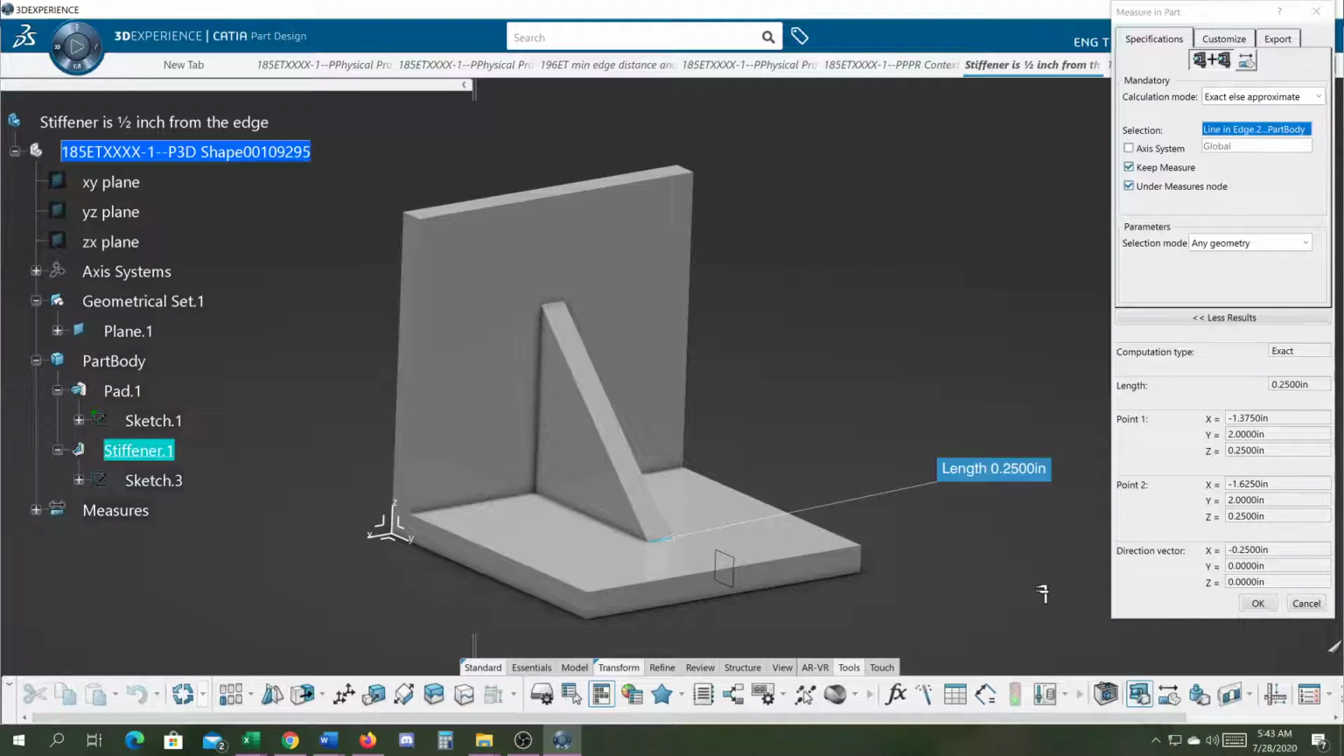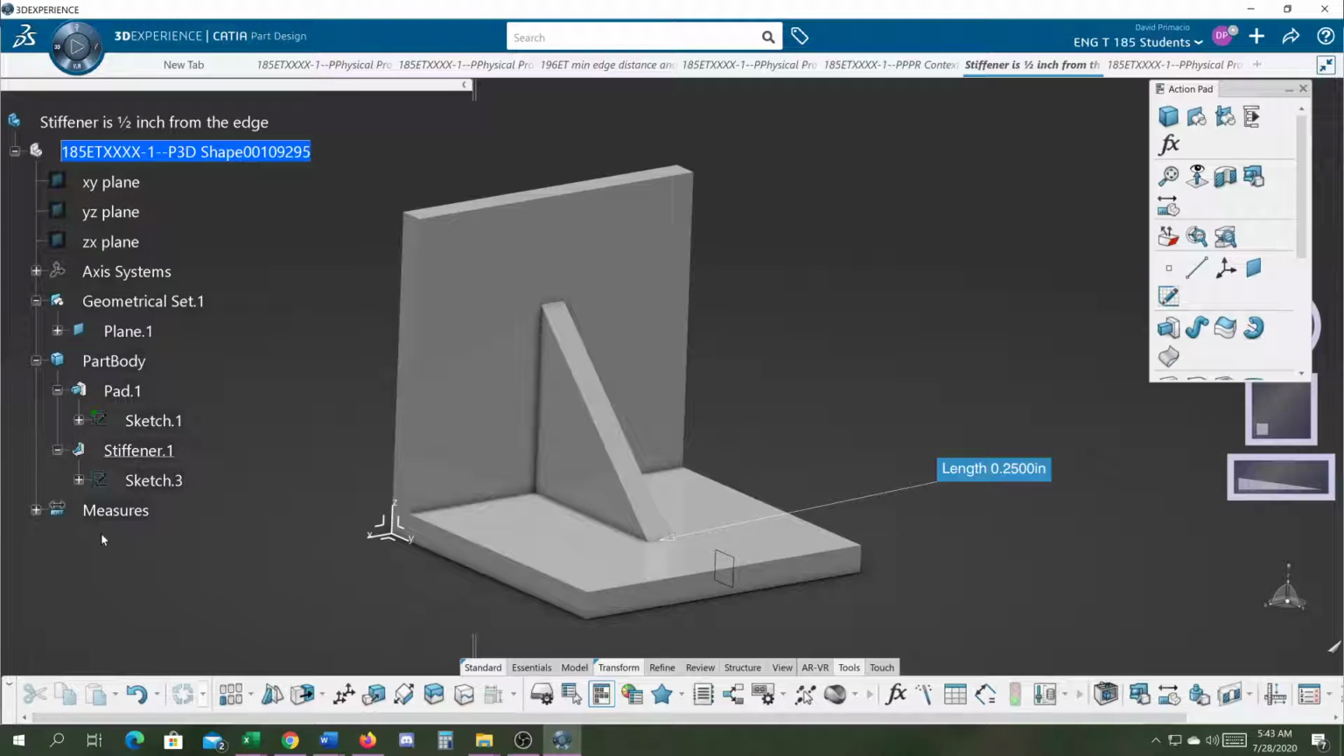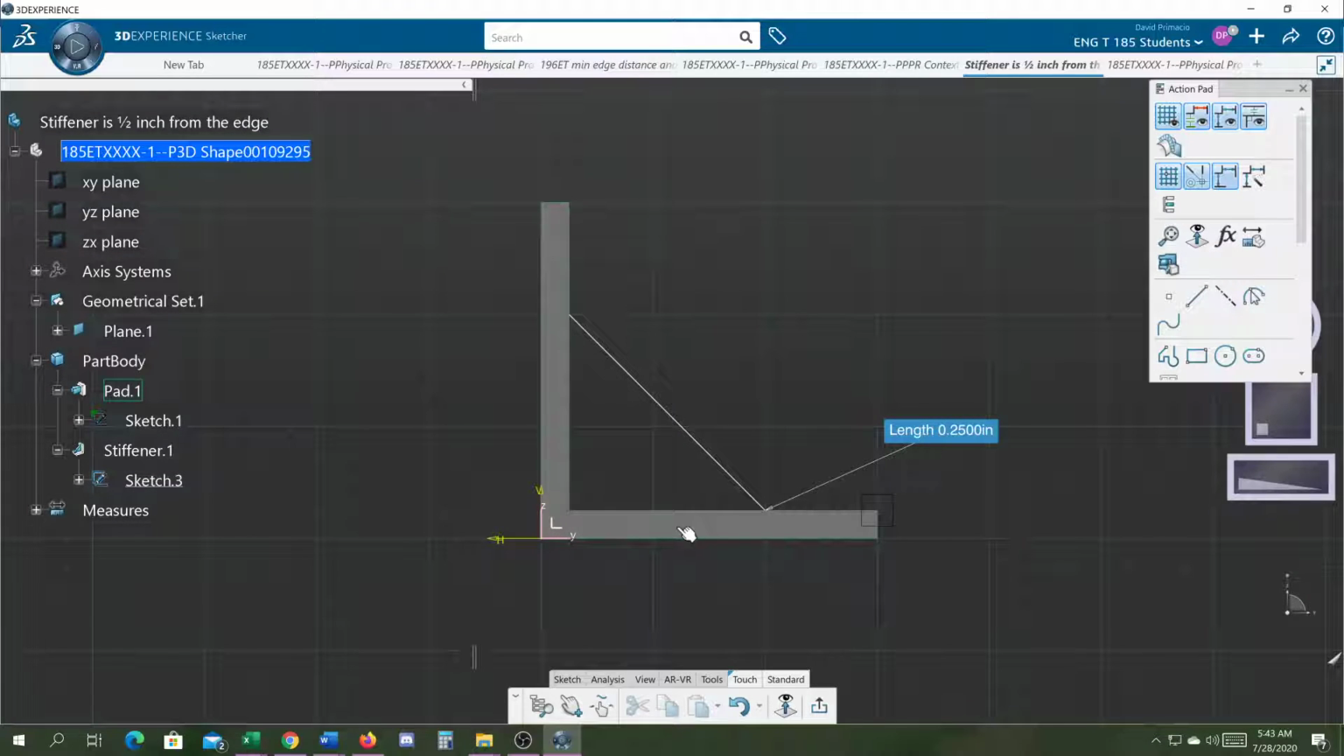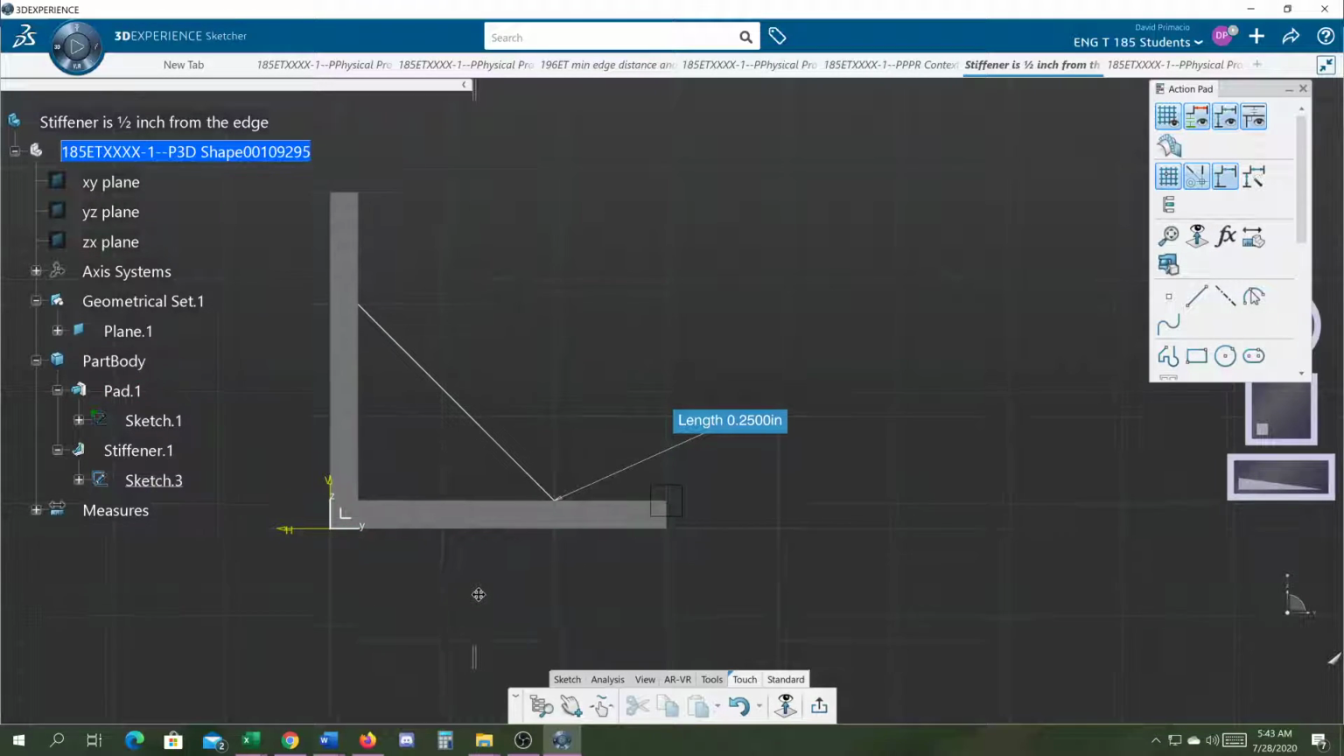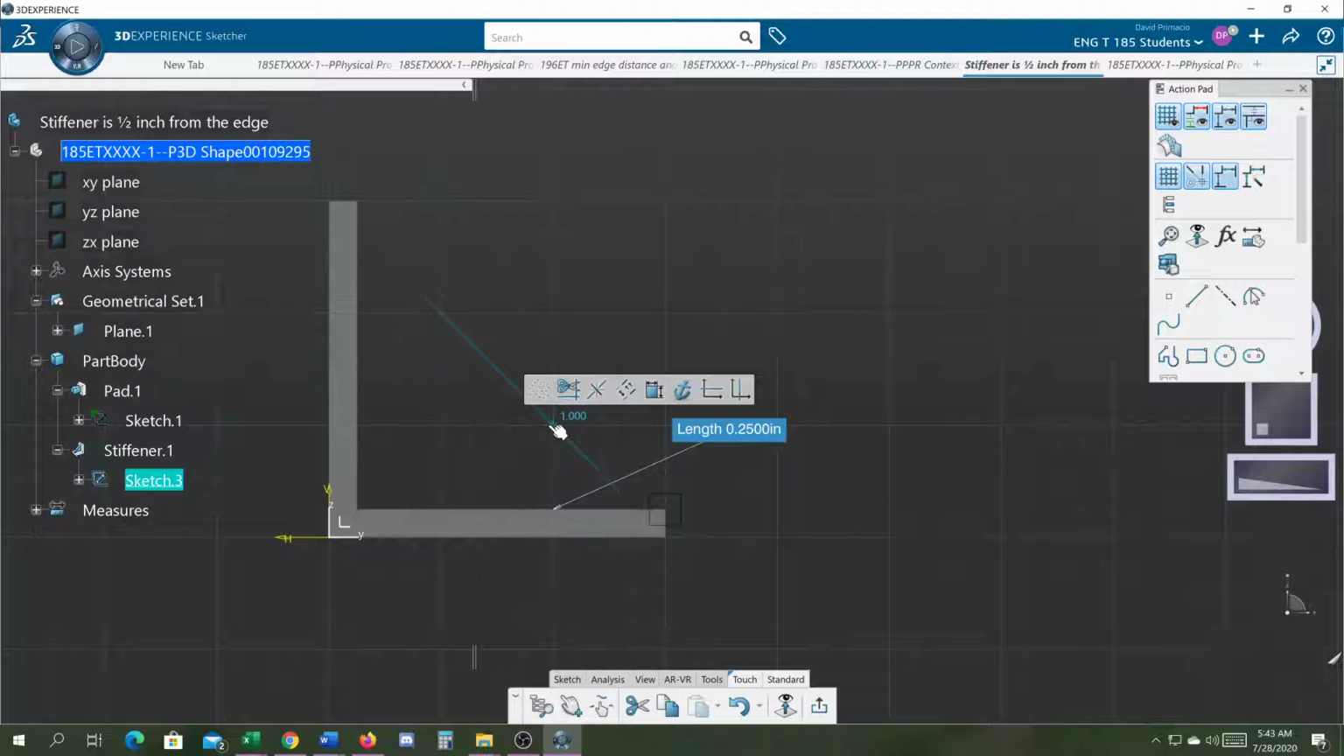Pause the video, see if you can't build the same part. Alright, I'm going to hit OK to this and go into sketch 3 because I'm going to modify sketch 3. I want to show you a trick here. I'll try and move this off. Notice it's not even touching the part anymore. When I exit out,